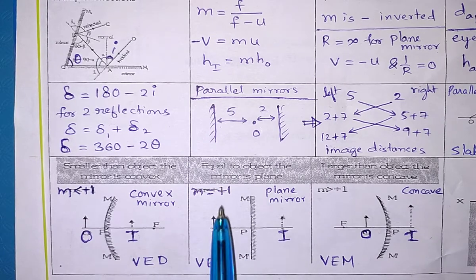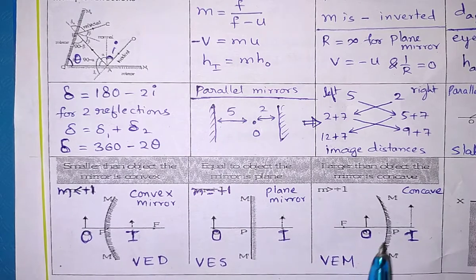Now the concave mirror, this is what we see daily when we are shaving or doing makeup. Plane mirror: object size and image size will be the same. Virtual, because backside of the mirror nothing will exist. Erect and same size. Here it is diminished, here it is same size, here it is magnified. Dental doctors use this kind of mirror. They keep it in our mouth to see the dent. If dent size is this much, we will see image to be much magnified. So in case of convex mirror we get diminished image. In case of plane mirror you get same size image. In case of concave mirror you get a magnified image. Remaining is virtual erect, virtual erect, virtual erect, which is same.